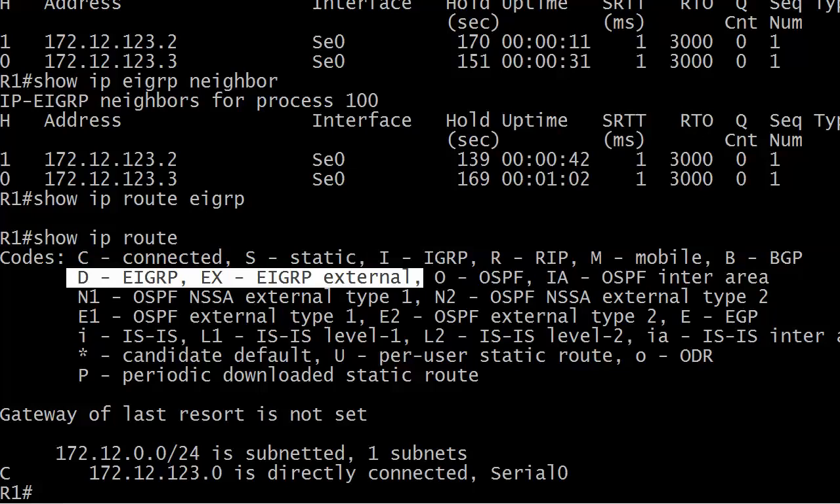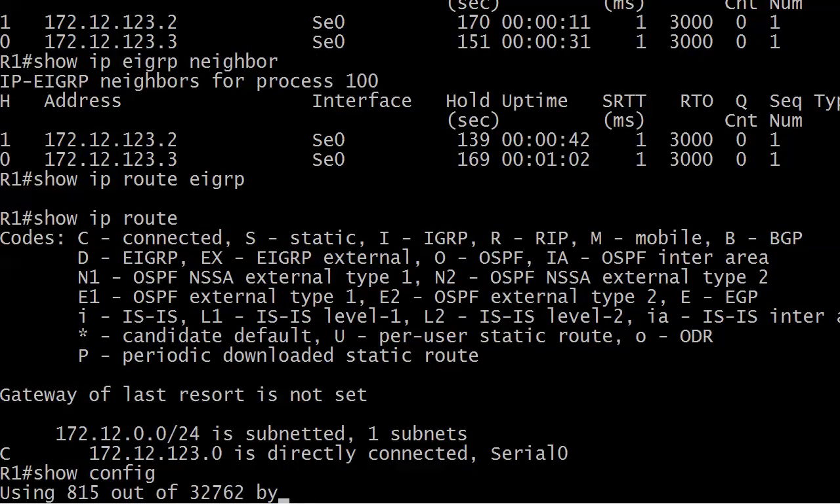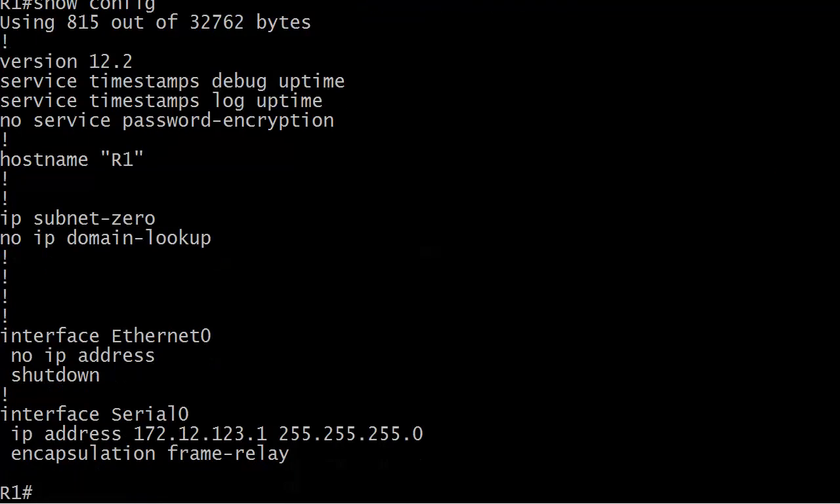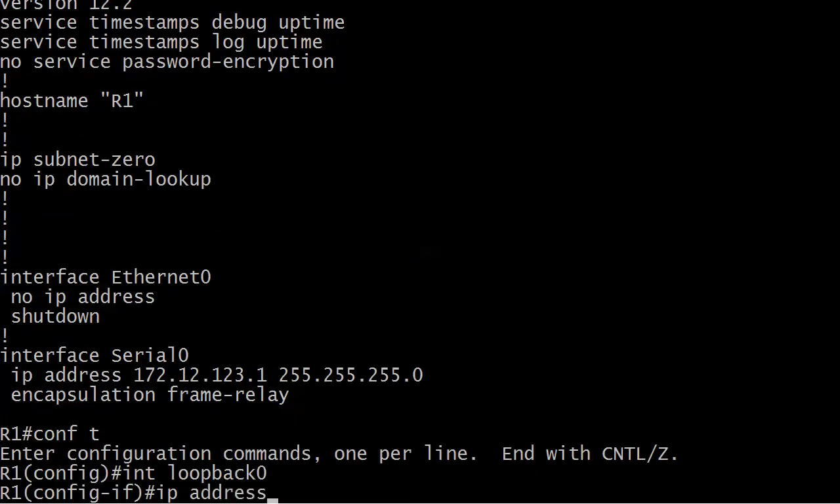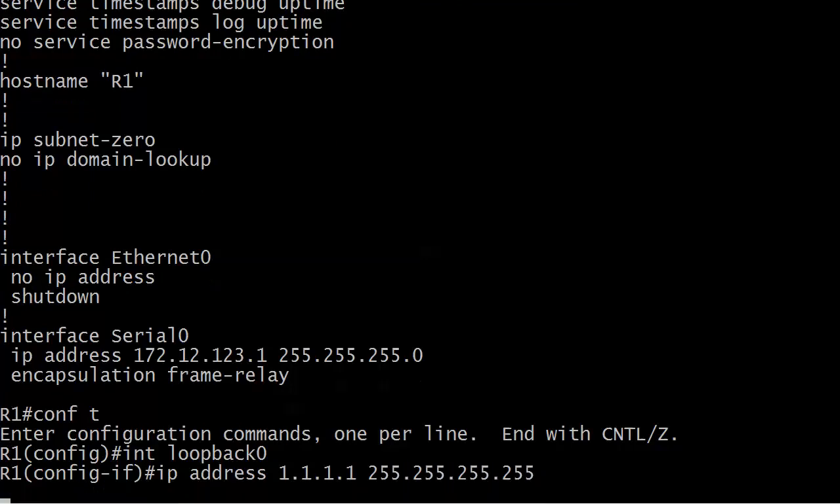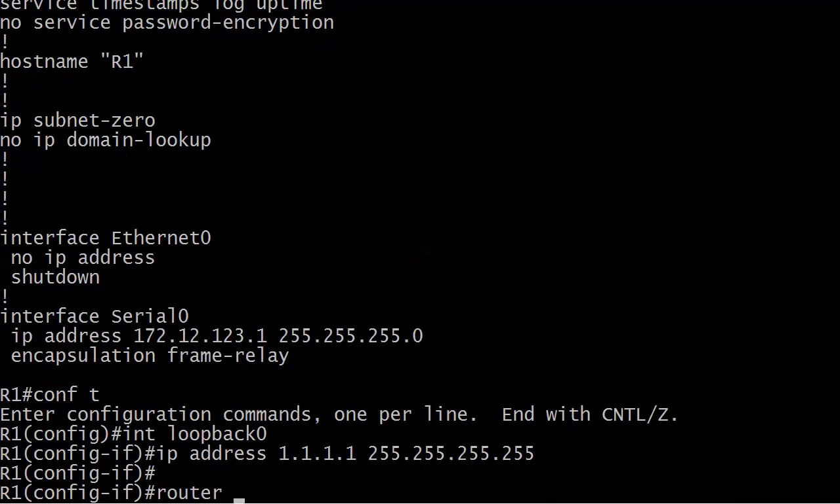All right, our next passengers on the success train are going to be those loopbacks. And I'm going to do a quick show config on each one of these. I knew we were missing one. 255, that being, of course, a host mask. And we're also going to use the